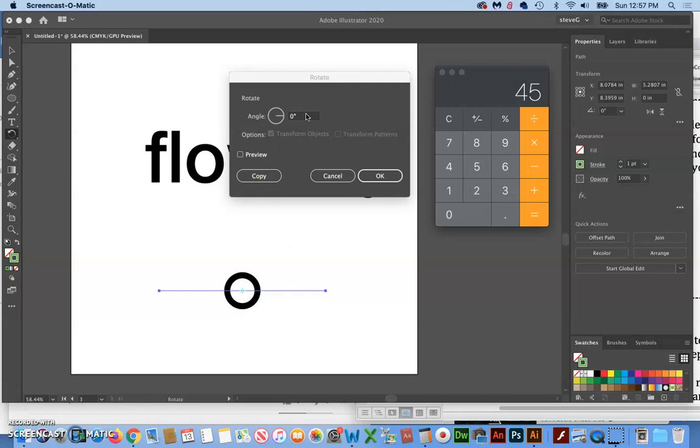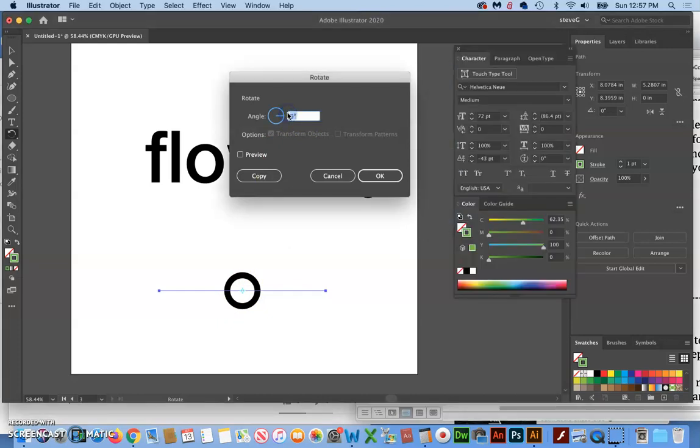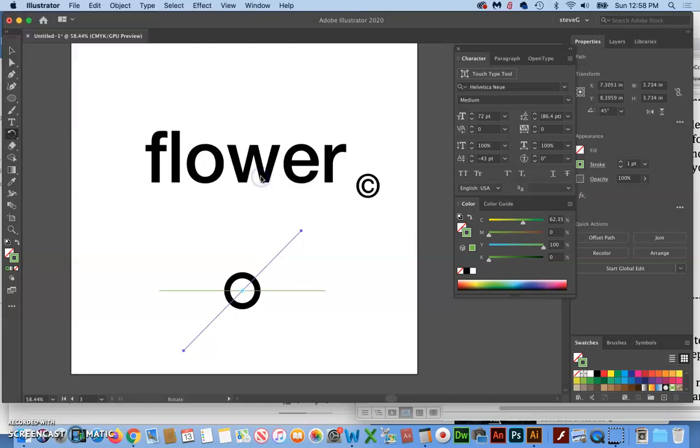Let's try 8. So then what you do is you take 360, which is how many degrees there are in a circle, 360 divided by 8. I just did the math right in there. 360 / 8. If I tab away, it tells me that that is 45 degrees. I'll click on preview and I can see that. And then now I'm going to click copy. And then I'm going to do Command D to get another and another, and then the next one should end up right where I started, so I don't even really need that. I can Command Z that one, and now we can see we've got 1, 2, 3, 4, 5, 6, 7, 8 different areas. We're going to make a petal,